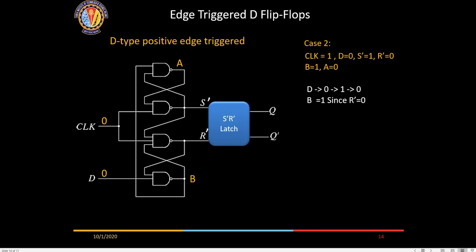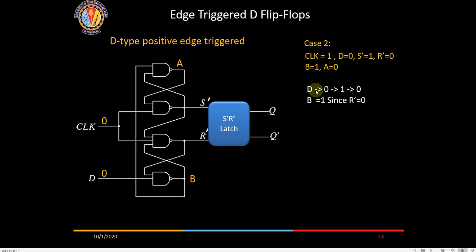Yes, sir. So D is 0, right? Don't worry about this clock. The clock is high now. It has gone from 0 to high. So we are assuming it is already flipped to a state of 0. Q and Q bar are both latched initially. So it is 0 here, R dash will be 0, S dash will be 1, D is equal to 0. Now A will be equal to 0, and B equal to 1, because this is 0, it will be 1 here. Similarly, if this is 1 available here and set dash is also 1, so this will be 0 here.